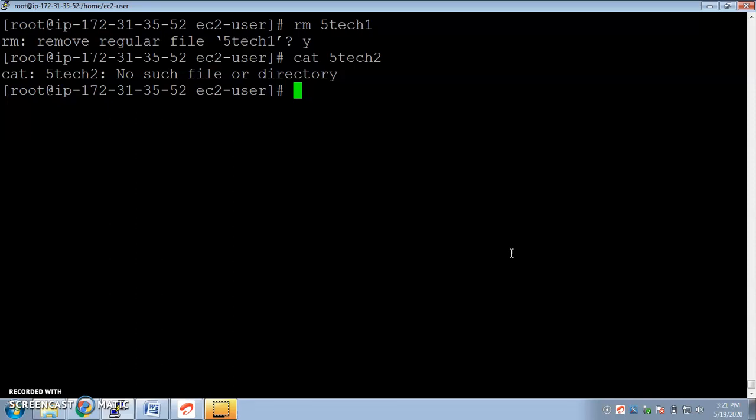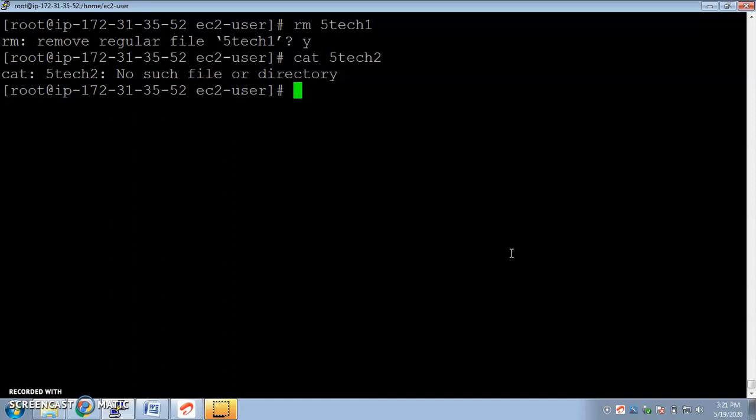To overcome this problem, there's a concept called hard link. In hard link, even if the source file is deleted, it doesn't make a difference to a link file. Okay, you can still see the data and continue with the activity. Let's work on hard link now.